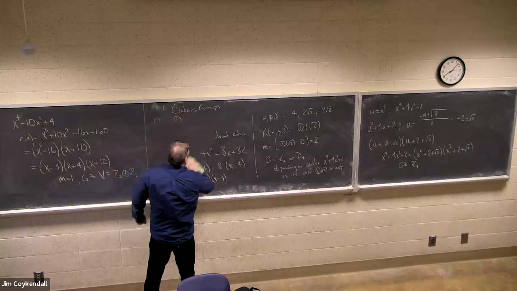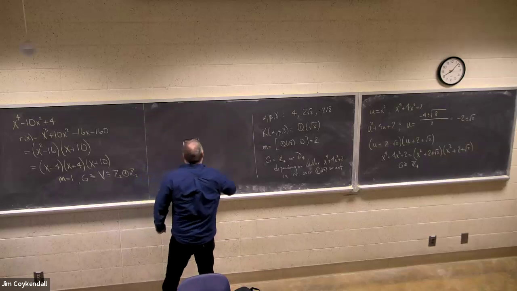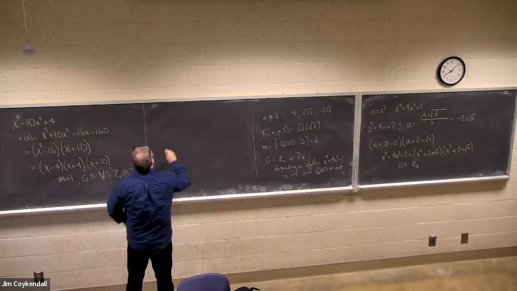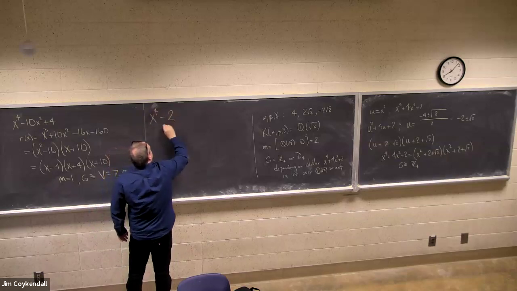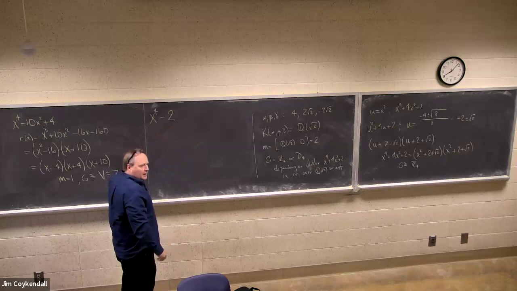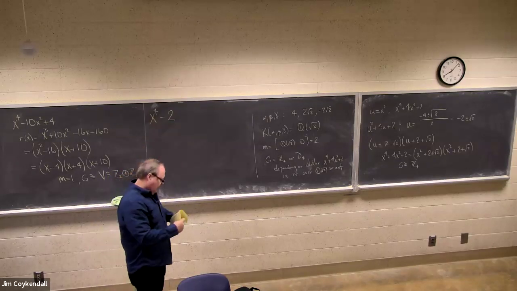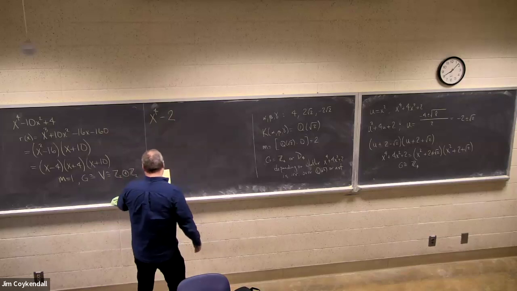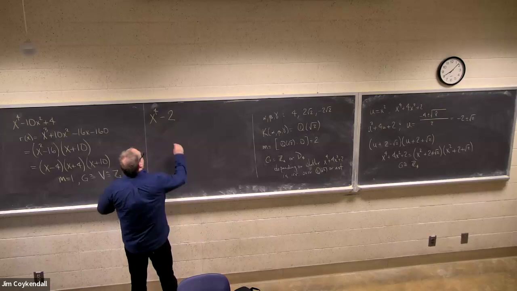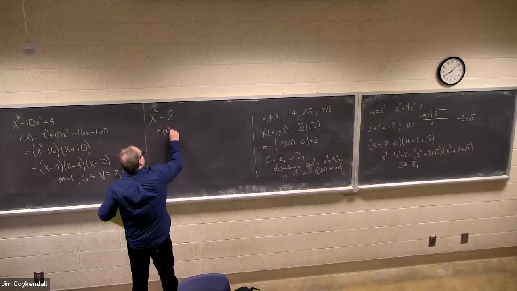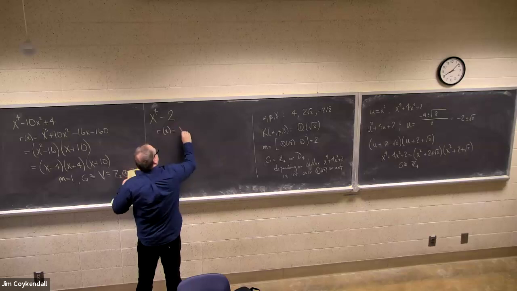Let's look at the last one. This was the last one that we looked at. Here's what I got for the resolvent cubic here. I get x cubed plus 8x